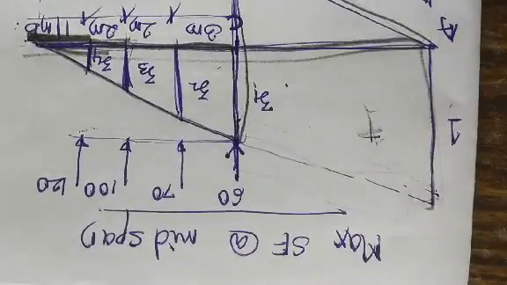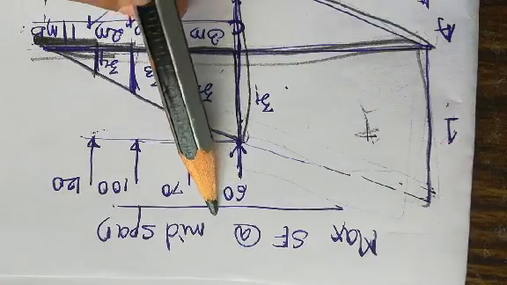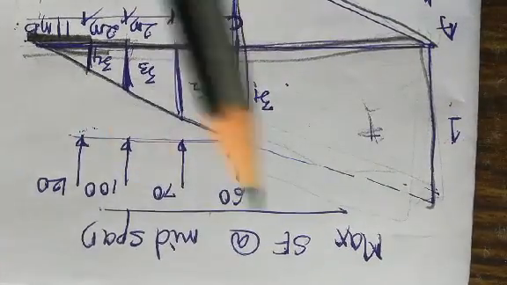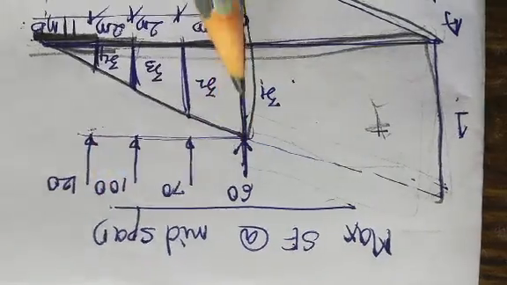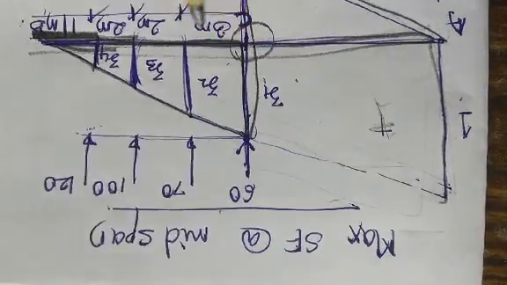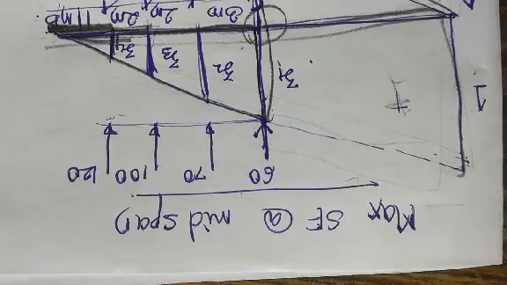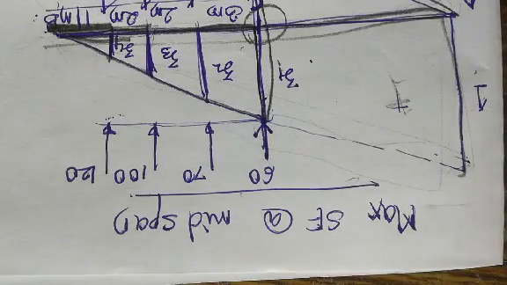Here this is a repetitive part, this calculation of ordinates and all. The main important thing is the problem we are going to solve and where its position should be. Whenever maximum shear force at midspan is asked, everything is dealt with at the point wherever C is given. Now this C can be 1 meter away or it can be 2 meters away. In the given problem it is exactly at the midspan, so it is 18 meters away from point A.